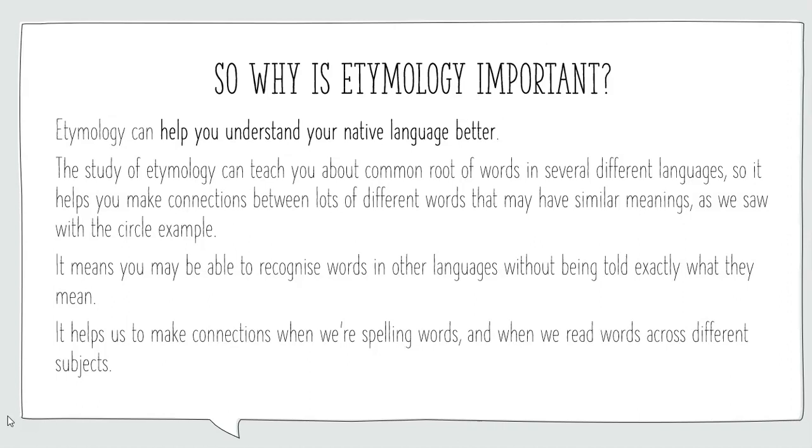It can also help you understand English if it's not your native language, because you can trace it back to all sorts of different languages and work out where it came from. The study of etymology can teach you about common root words in several different languages. So it helps you make connection between lots of different words that may have similar meanings, as we saw with the circle example. It means you may be able to recognise words in other languages without being told exactly what they mean, and it helps us to make connections when we're spelling words and when we read words across different